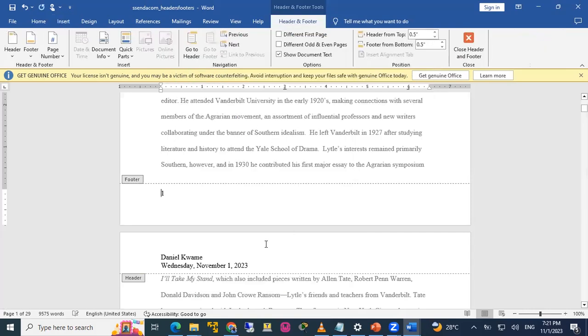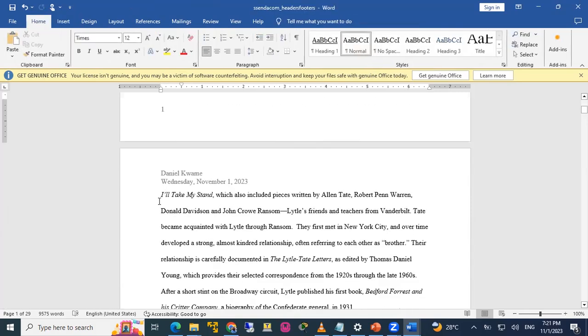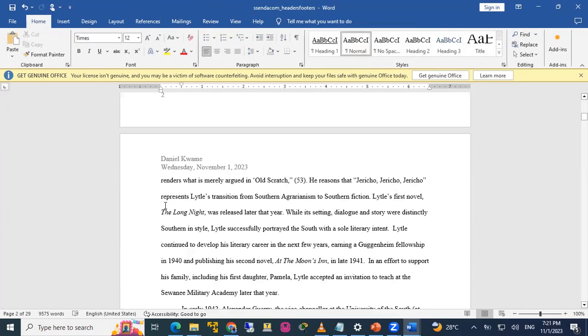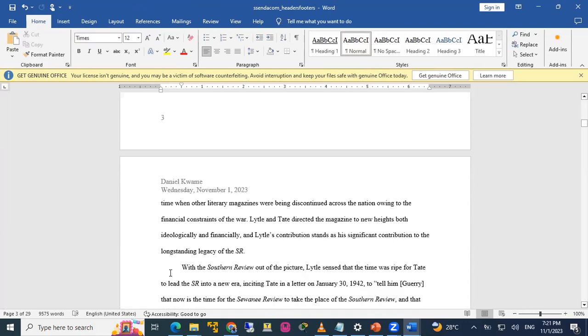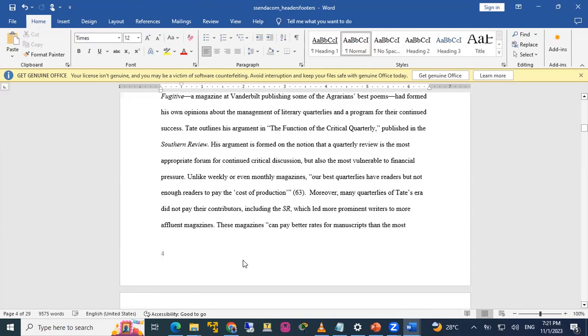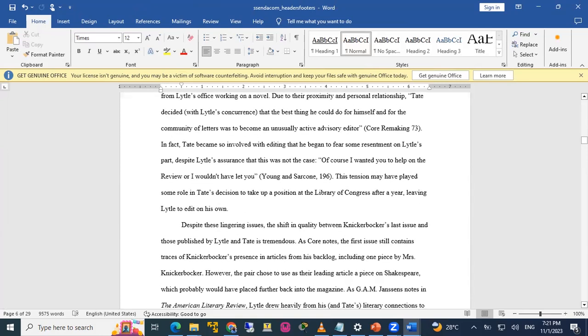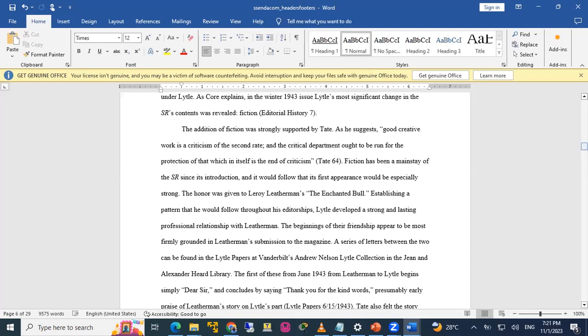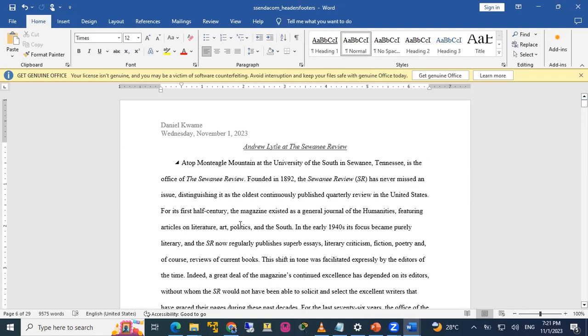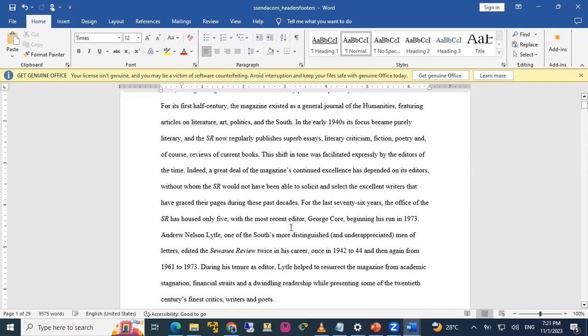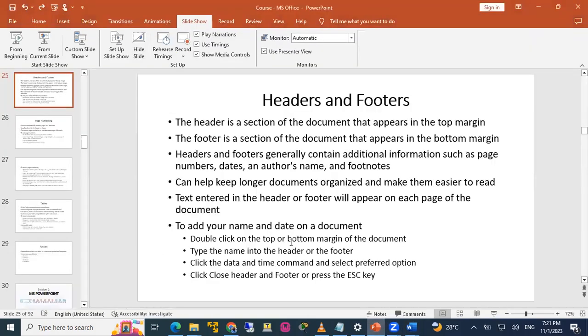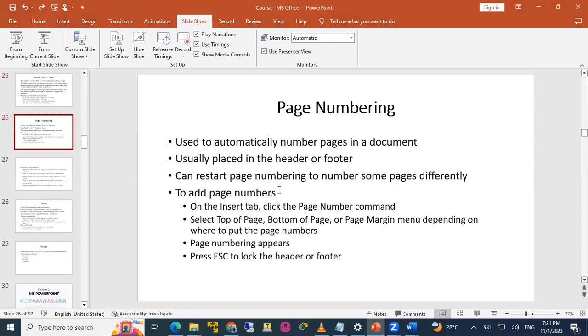So I select this. Now it clears what I've written down there. It clears it. And then you see the page numbers. 1, this is 2, this is 3, this is 4, this is 5. It continues. Now the problem, the headache that we always have in doing page numbers is when we want to do II on top and do 1, 2, 3 on the down. So the steps are here. We'll go to the steps right now.